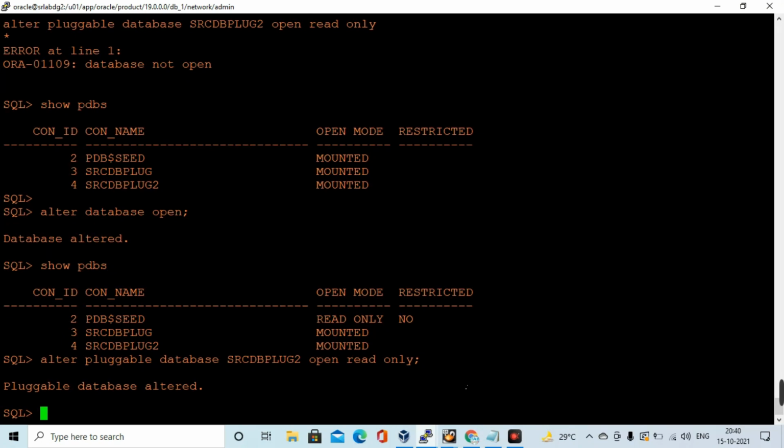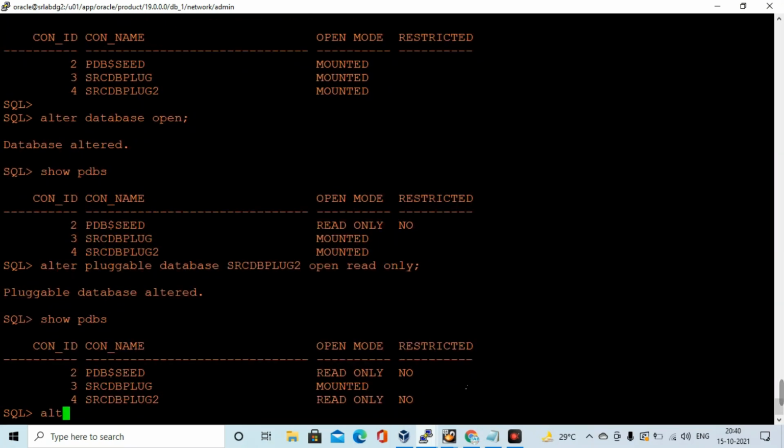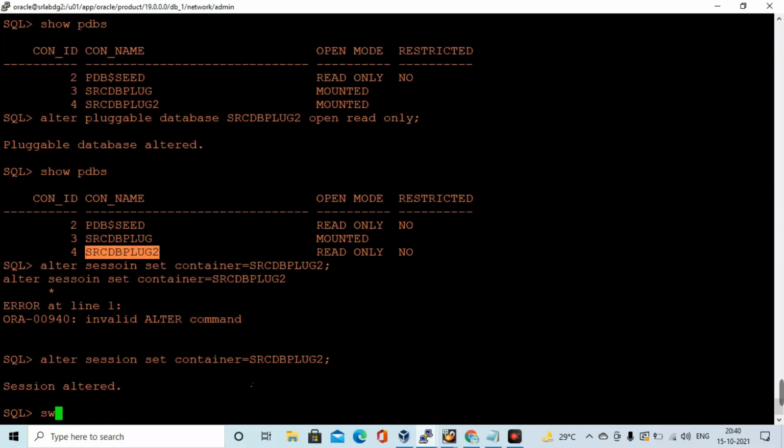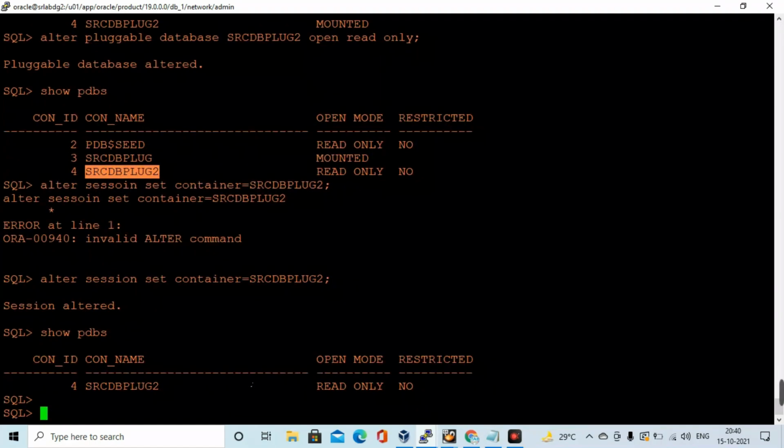So PDBs, okay. Now you can create the temp file here.